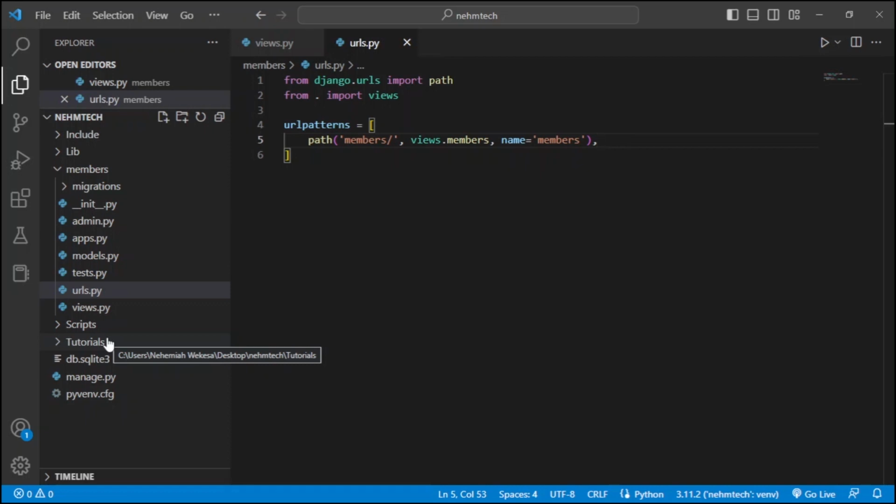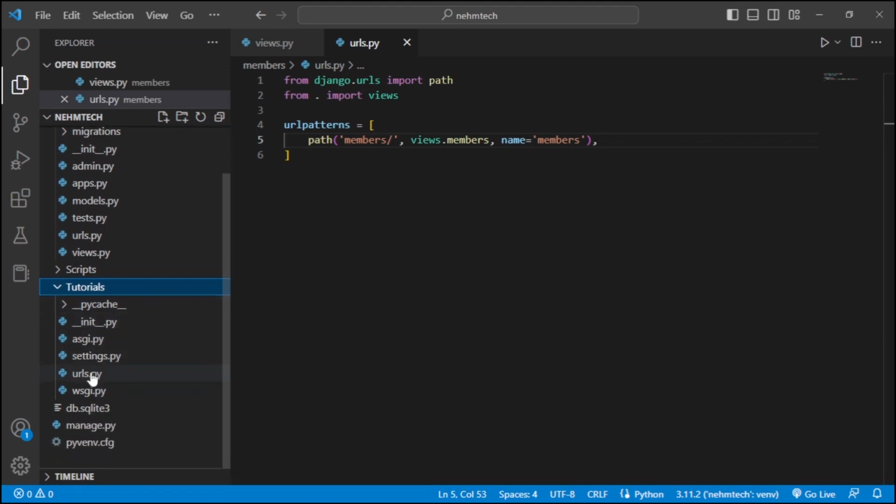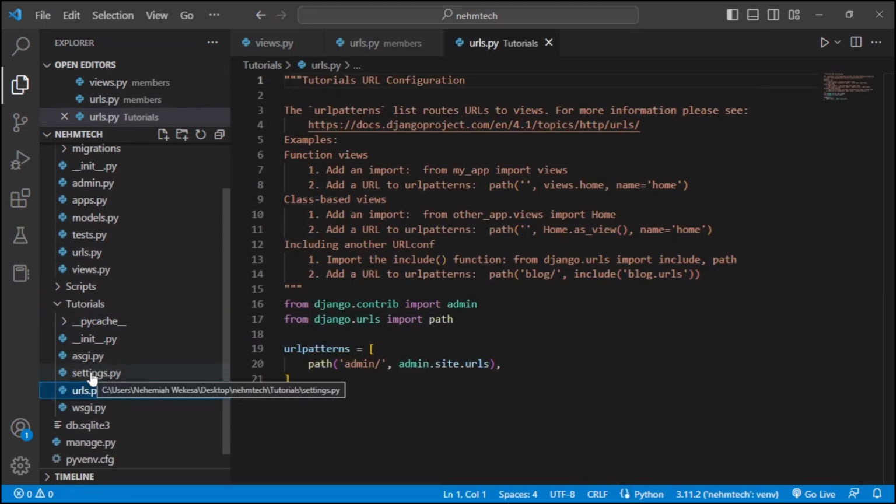Now guys, this may seem perhaps complicated for now, but just follow the instructions, and it's going to work. So first of all, there's a file called urls.py in this tutorial folder. You can see it is here. So once you are here,